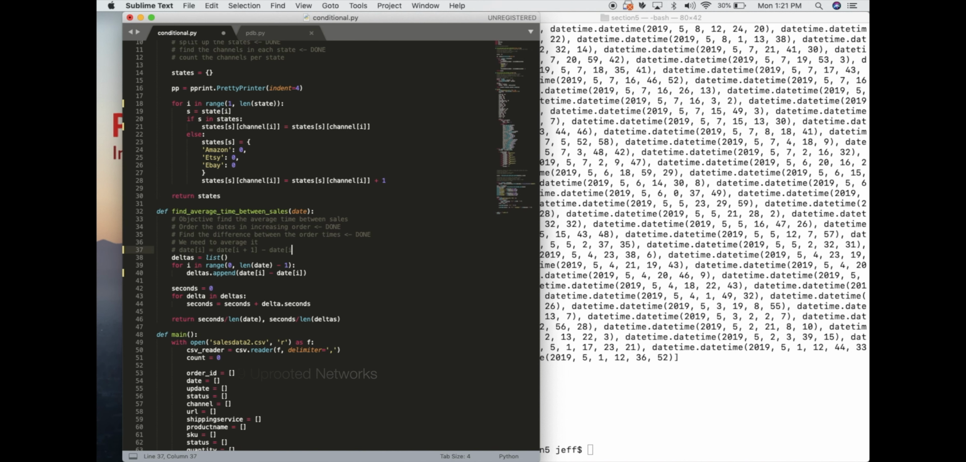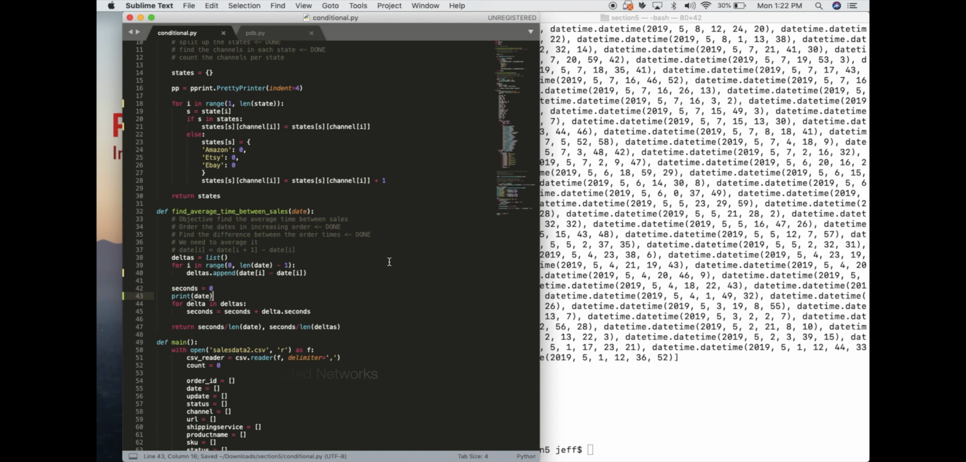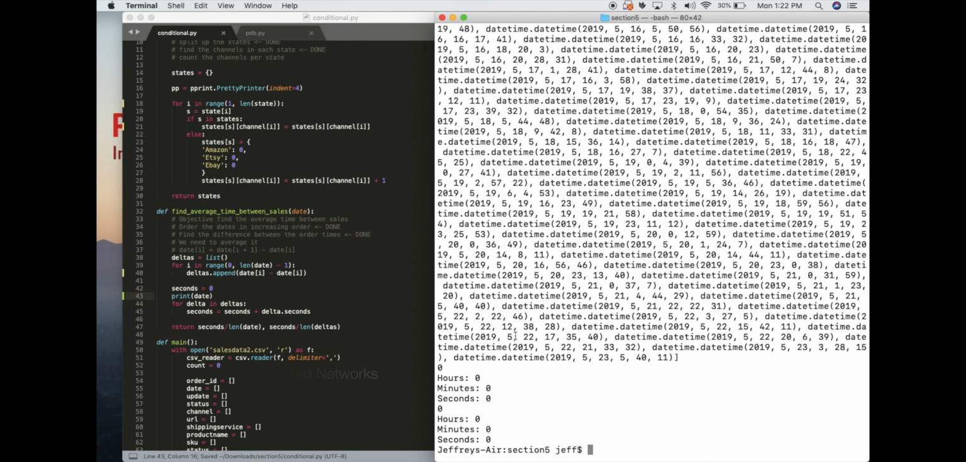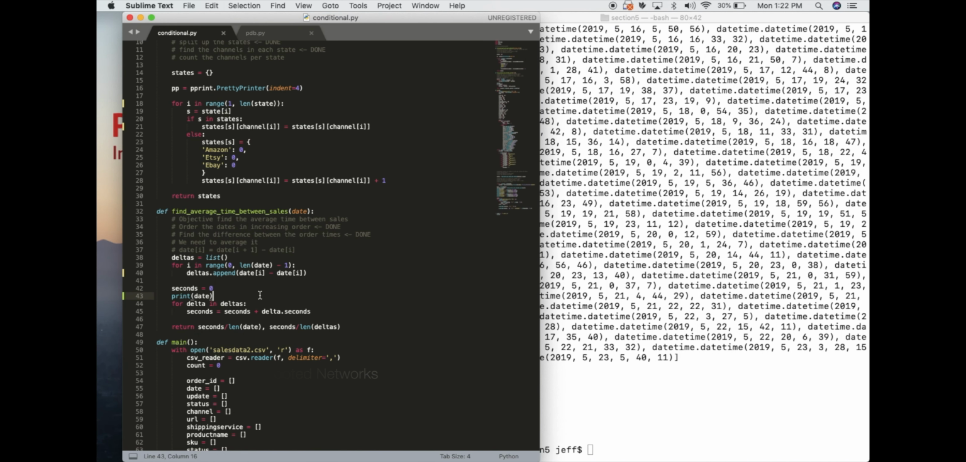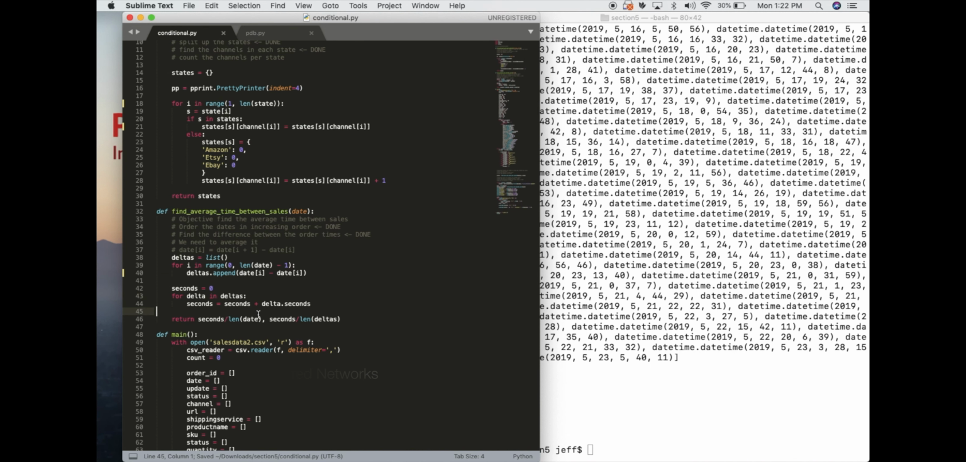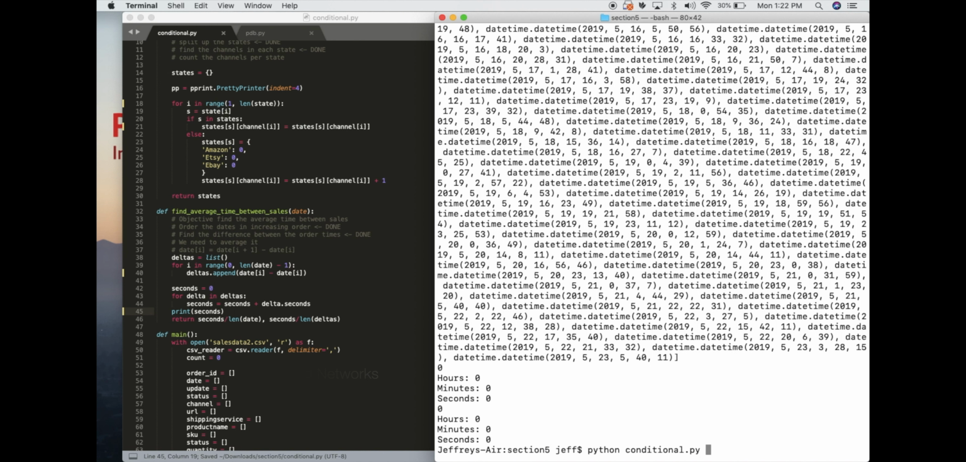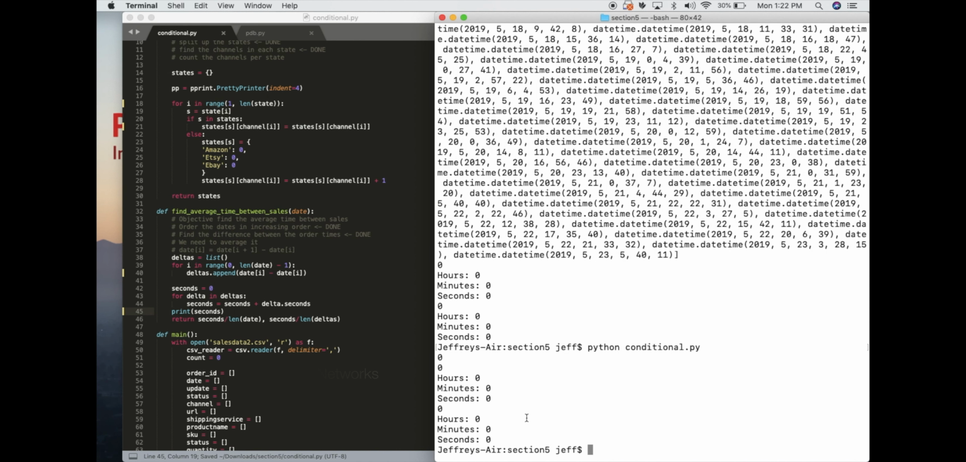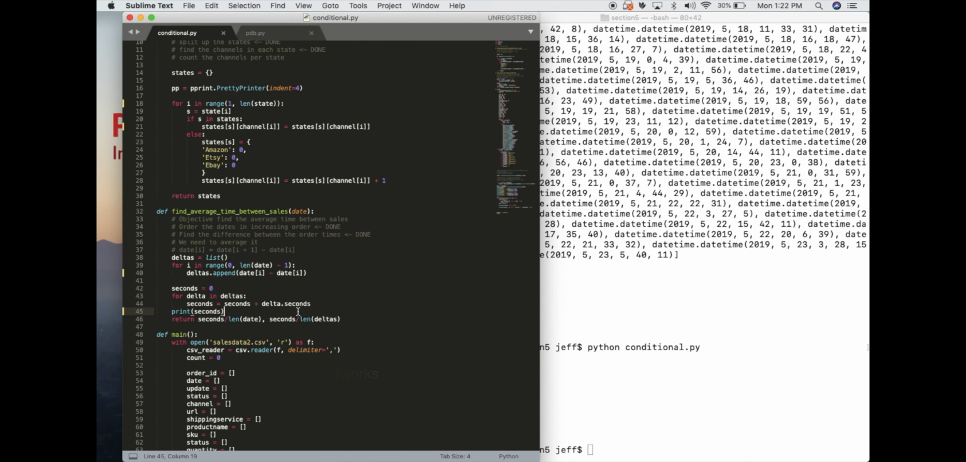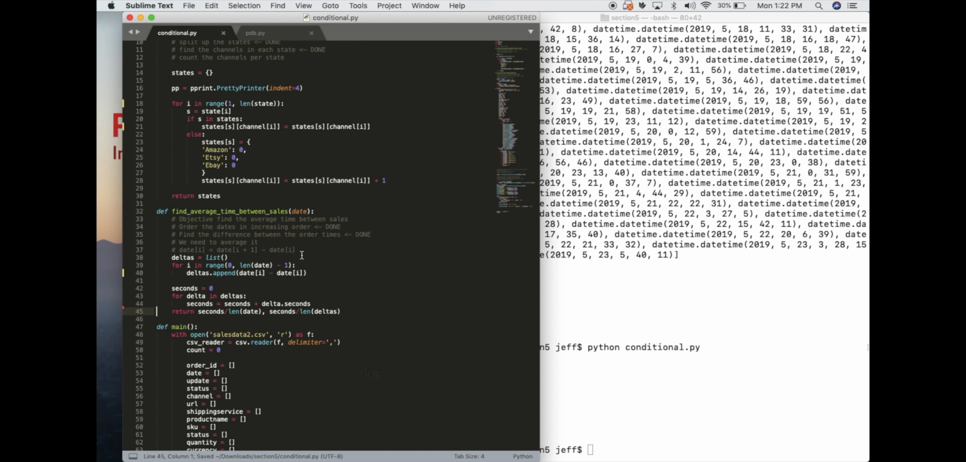So now that we're in the average time between seconds function, let's check out what is going on here. So print the date. It looks like the date is still being put in correctly. Let's check the seconds after the calculation. It looks like it's being set to 0. So now let's narrow. Now that we have